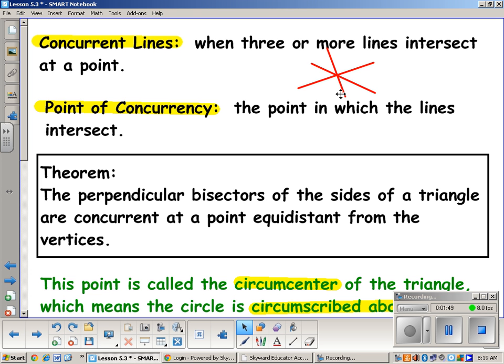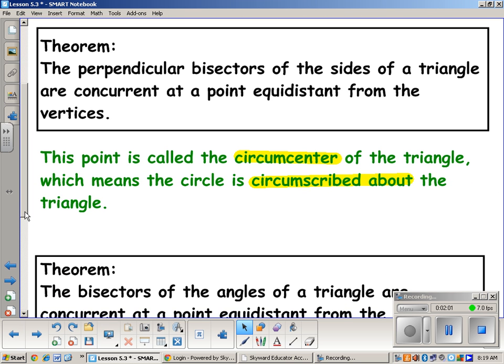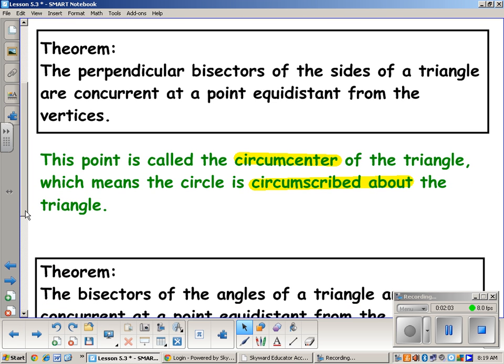Okay. Point of concurrency is the name of that point. Where the three lines meet, that point is called the point of concurrency. That's the point in which they meet. And so you've already copied this down, but it says perpendicular bisectors of the sides of a triangle are concurrent at a point equidistant from the vertices. Okay? So if we have a triangle and we construct all the perpendicular bisectors,